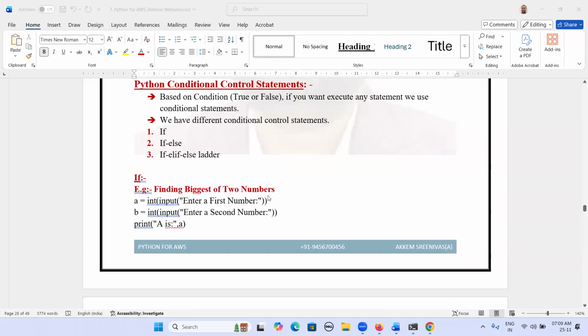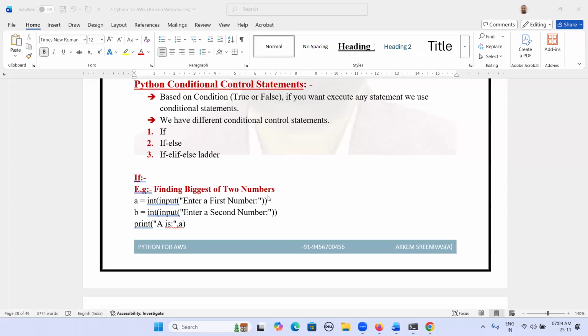Conditional control statements are based on true or false. If the condition is true, I want to execute some statements. If the condition is false, I want to execute some other statements. So these conditional control statements are based on a condition. It may be true, it may be false.